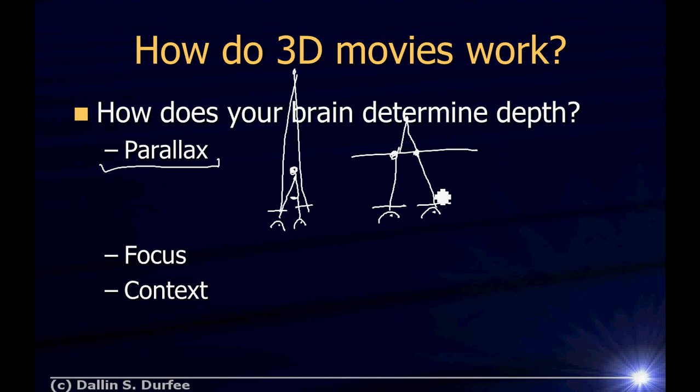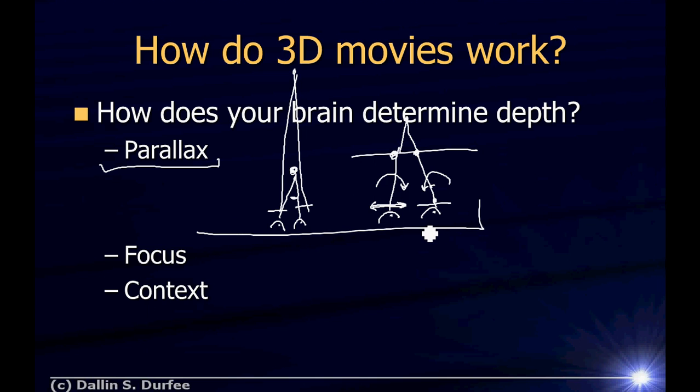And so eventually they switched to linear polarizers, where one polarizer would maybe be polarized to let this light through and one polarized to let this light through. Then there was the problem that if people tilted their head even a tiny bit, things got kind of blurry. And so nowadays they actually don't use linear polarizers, they use circular polarizers, where one eye sees the left-hand polarized circular light and the other eye sees the right-hand polarized circular light. All right, so that's how 3D movies work.